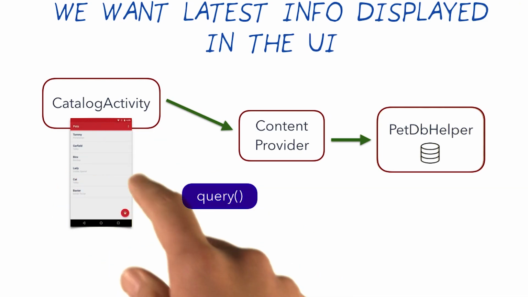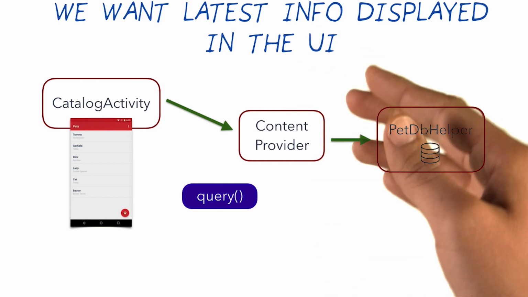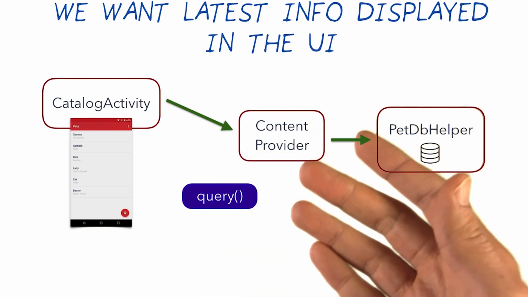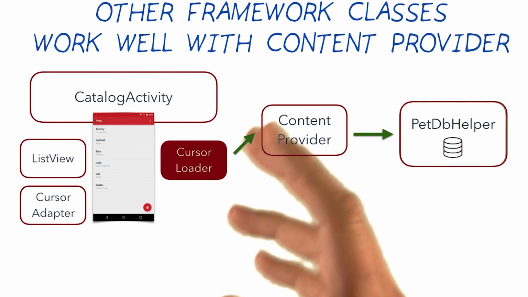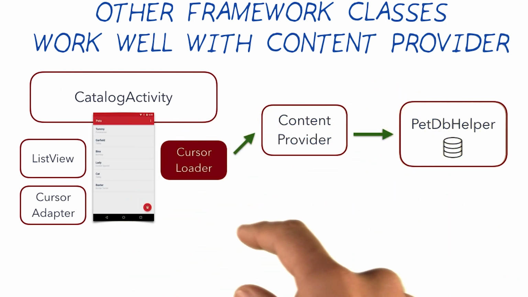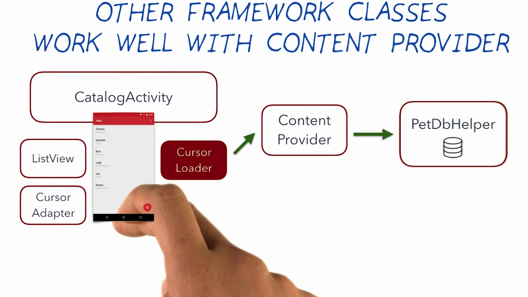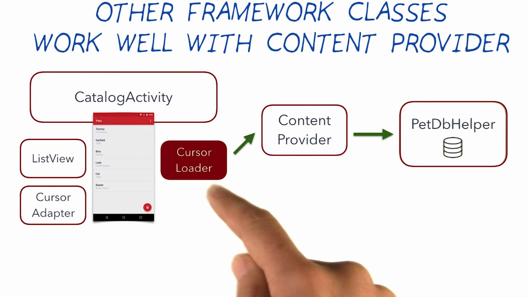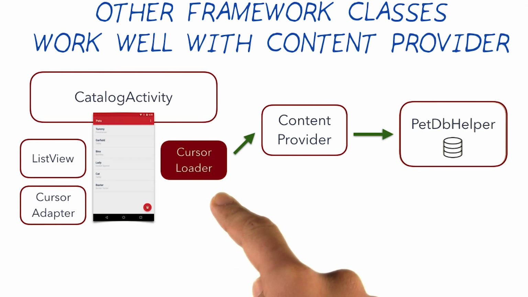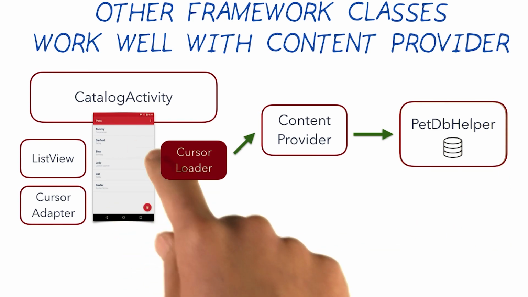So currently, if pets are added or removed, and we want the latest information displayed in the UI, we must call the query and insert method each time. Well, instead of doing it that tedious method, we can leverage the power of a framework class called the cursor loader. So when pets are added or removed to this list, the list will stay updated via our cursor loader, which will automatically check when any changes have been made in the data, and then automatically refresh the list when